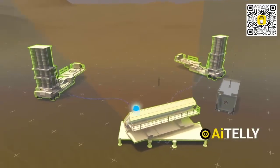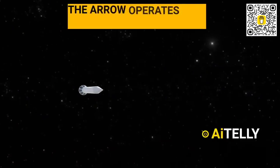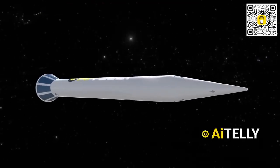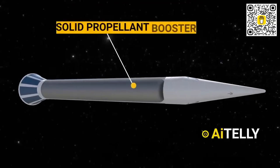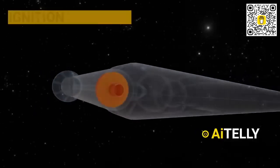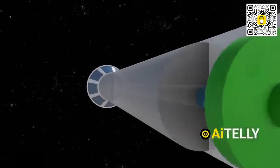It plays a crucial role in target detection and guidance, operating like a 2-stage missile. Let's take a look inside this engineering technology. These are solid fuel rocket engines and boosters. At the top of the rocket is the ignition chamber, which, when activated, starts the process of burning the solid